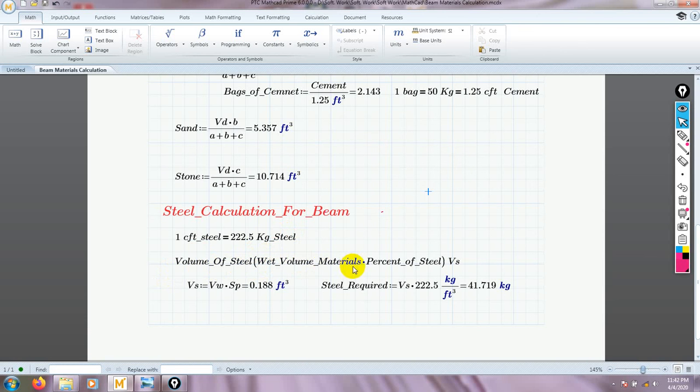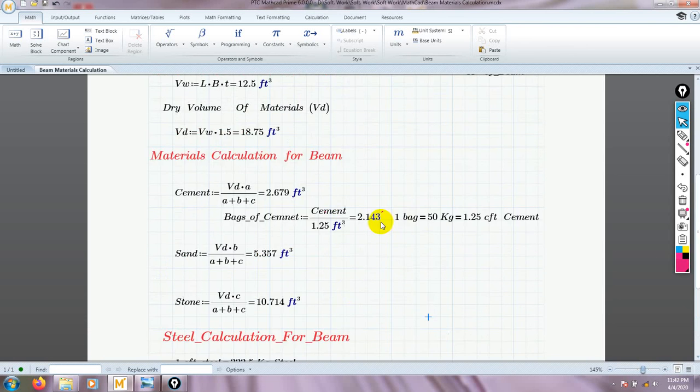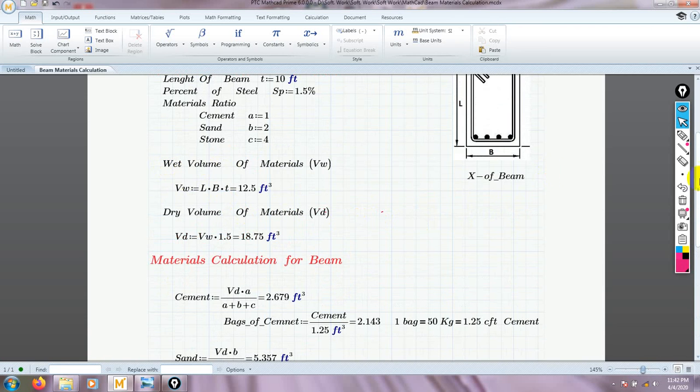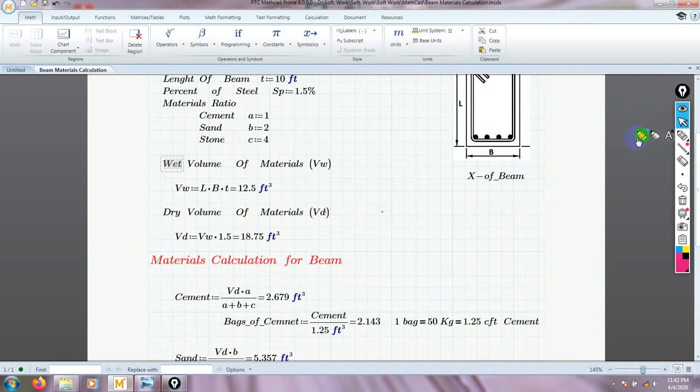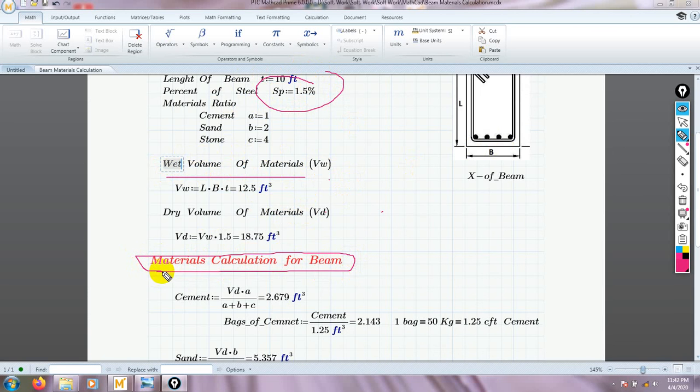So the volume of steel will be based on the weight volume of materials. If we go to the top here, this is the weight volume of our materials. We have to multiply that with the percentage of steel. One thing to note: for concrete materials calculation we used dry volume, but